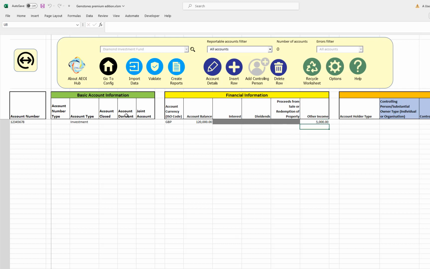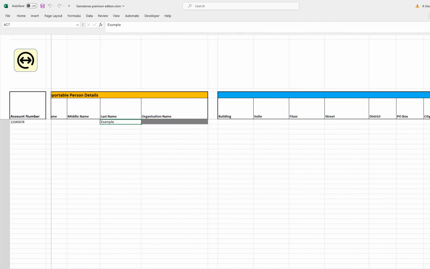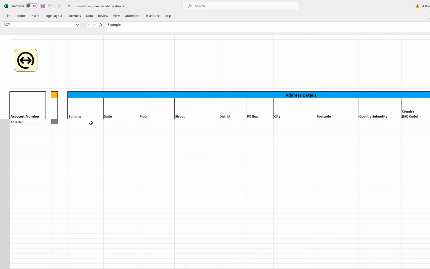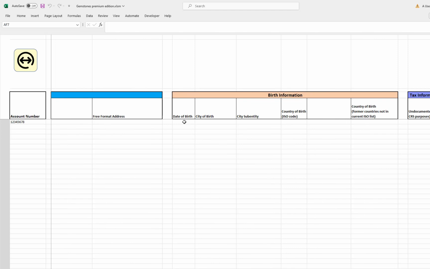Note also that the worksheet is split into areas: basic account information, financial information. We then have account holder details, where you would select the type of account holder and their name. We then have address details, including all of the address fields that you may need. Then birth information, in the case of an individual, with date and, if it's relevant, place of birth.